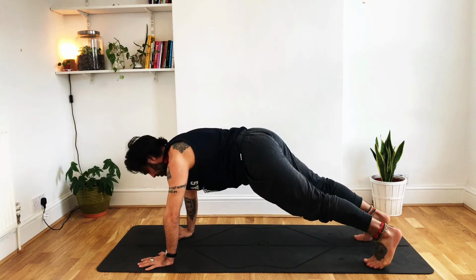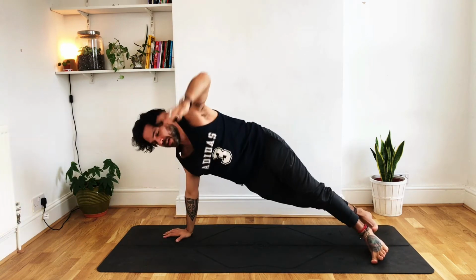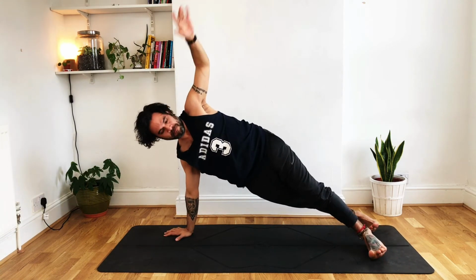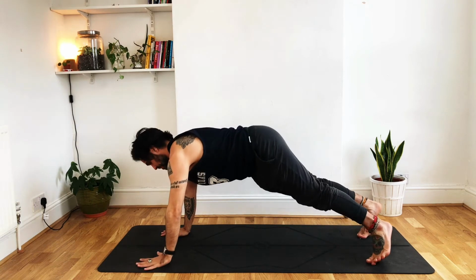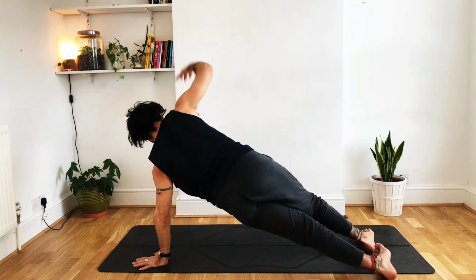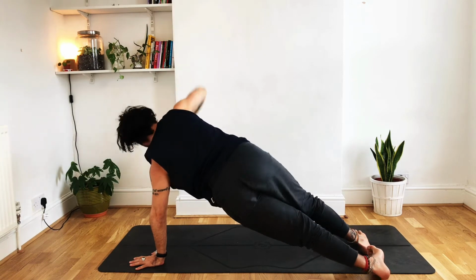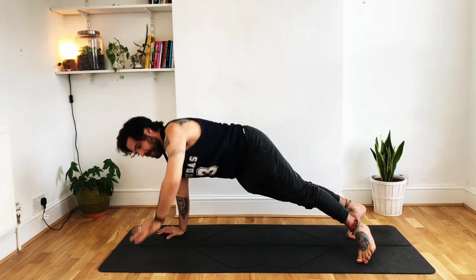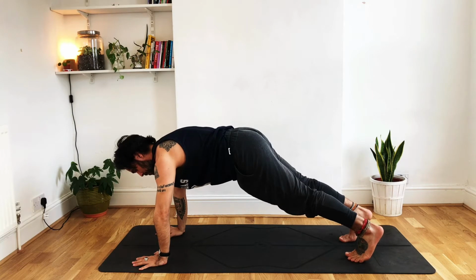Open, center 2. Open, center. Open, center 3. Inhale, exhale. Inhale. 4. 5. 6. 7. 8. 9. And 10. From plank, we're going to go back to downward dog, but as we go into downward dog, we